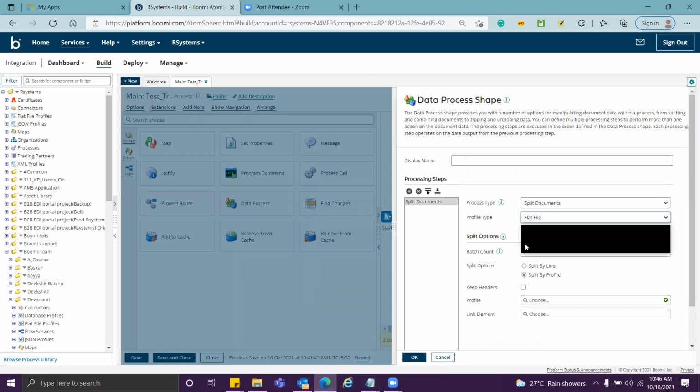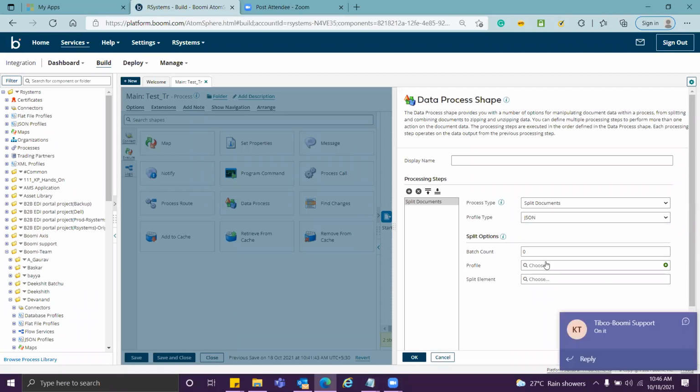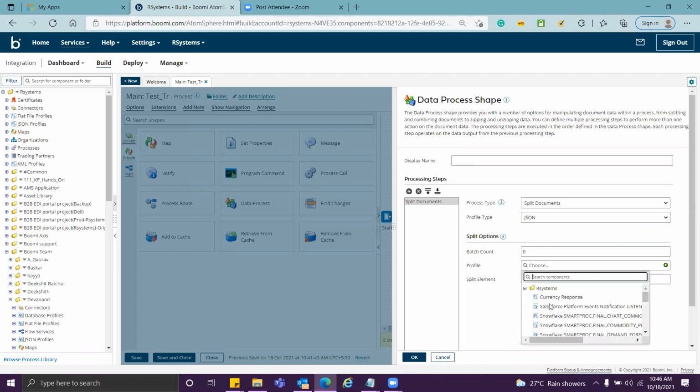I click on JSON. It will ask me batch count. So batch count, you can leave it at 0. It will ask me for a profile. So profile, say I chose this one.